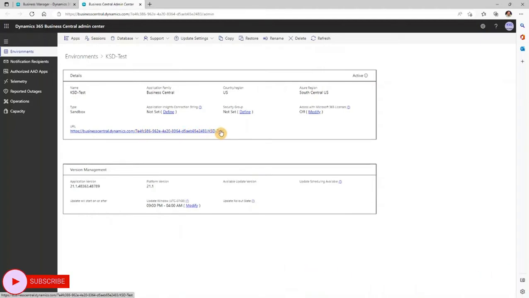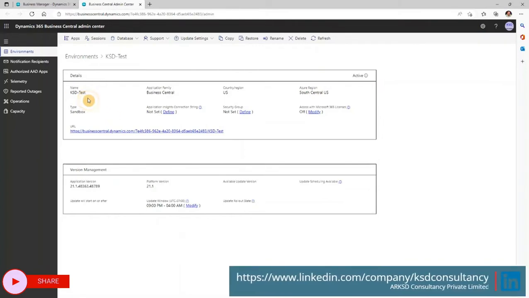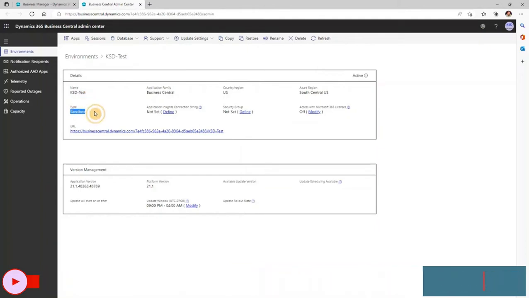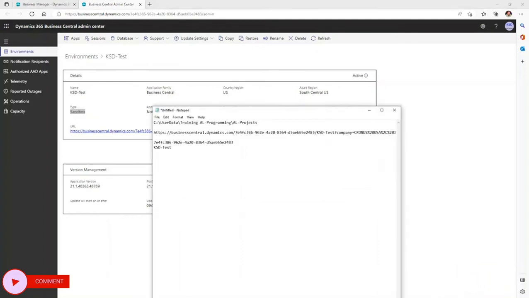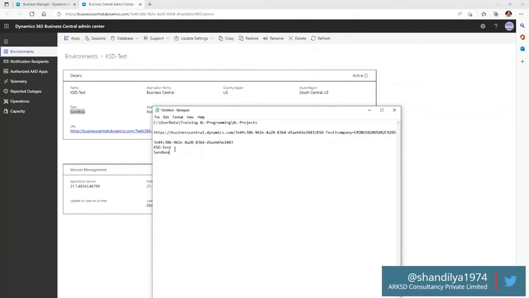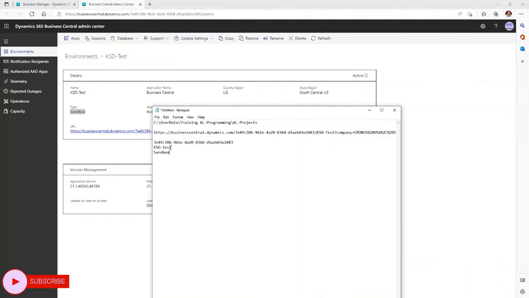This is the name of the sandbox, the environment name, and this is the type, that it could be your sandbox or it could be your production. So type is sandbox and ARKSD test is the name of the sandbox or environment. Okay. So this is all the information we may require